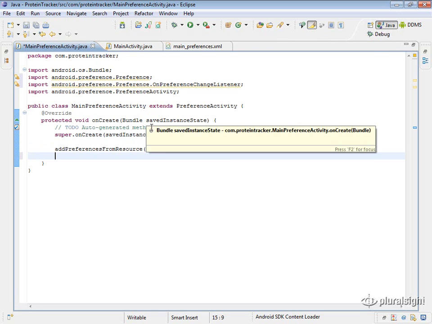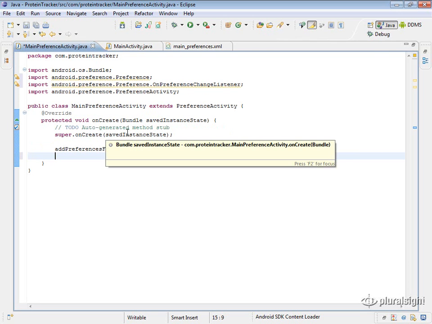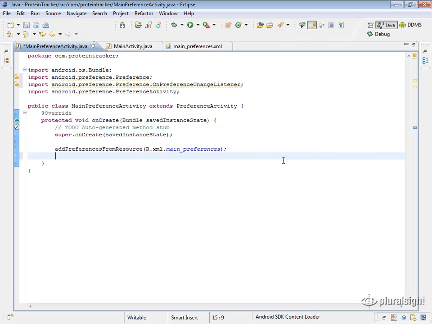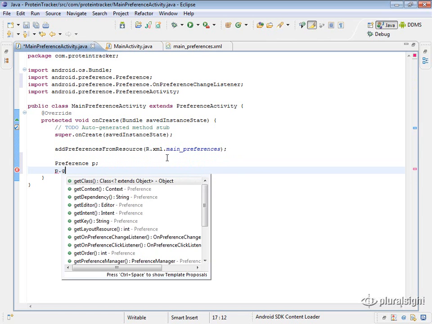There's just one more topic I want to talk about with the preferences, which is using an OnPreferenceChangeListener in order to listen for changes in a preference. This is something that you might commonly want to use if you have a preferences screen, and when a preference changes, you want to be able to do something like disable a certain other preference. So I'll give you an example right here. If we have a preference object, we'll just call it P, and you do P dot